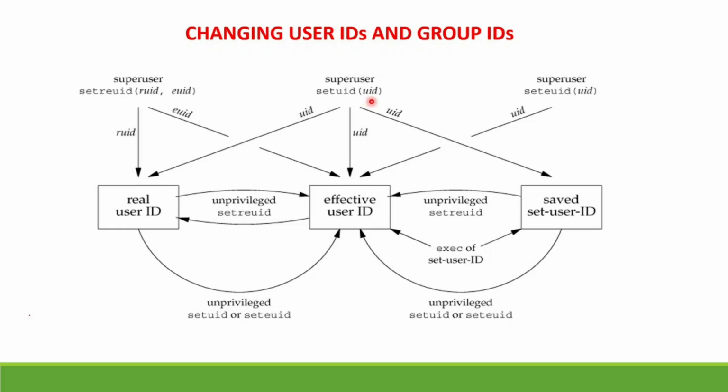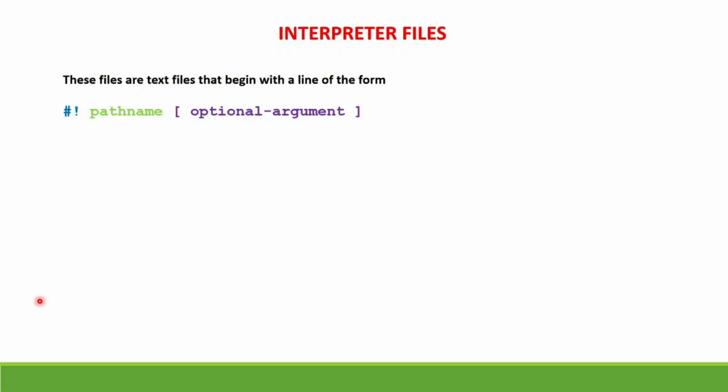The next topic is interpreter files. So what is an interpreter file? It is nothing but a normal text file, but a text file that begins with this particular line, the shebang. We call this shebang, right? We have already seen this while writing shell scripts. So what does this say? This symbol indicates that